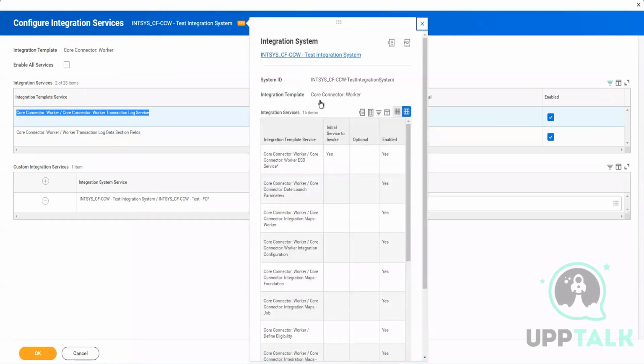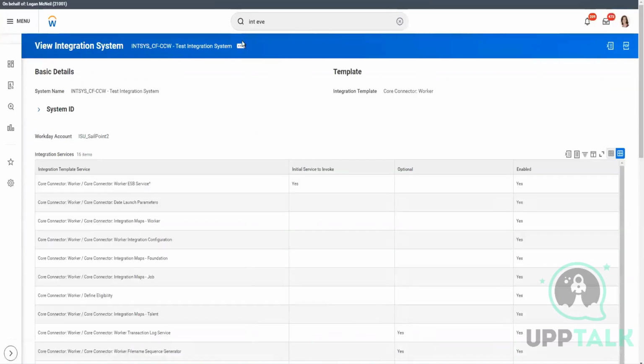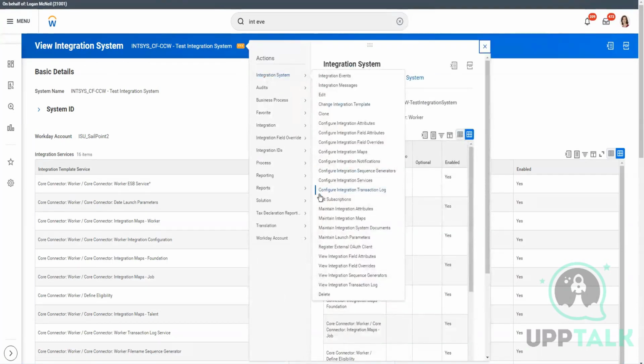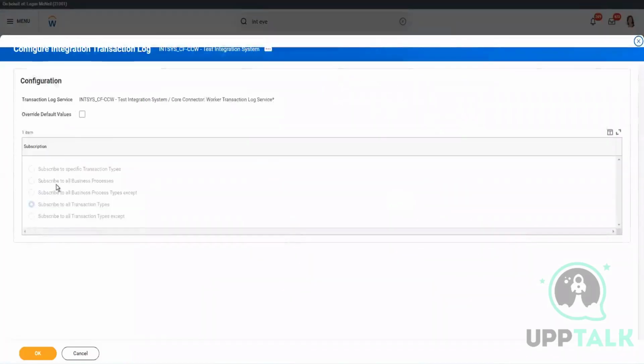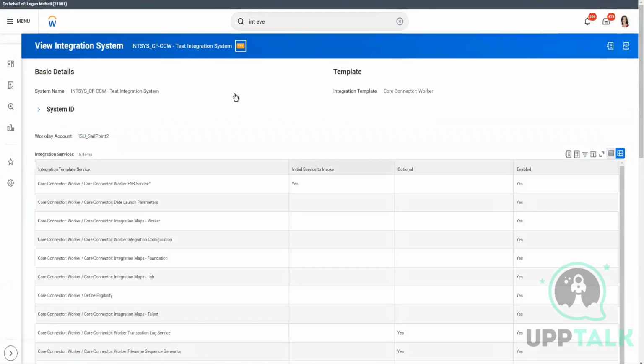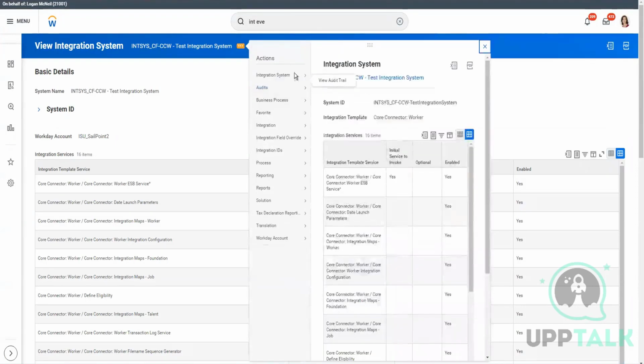After that, I went to my integration again. Then I'll get the option for configure transaction log service or configure integration transaction log. I kept it at default, subscribe to all transaction types. I'm not going to override it. If I want to, I can. We have the option, but I'm keeping it default. And when I look at my integration events, when I ran it last time,